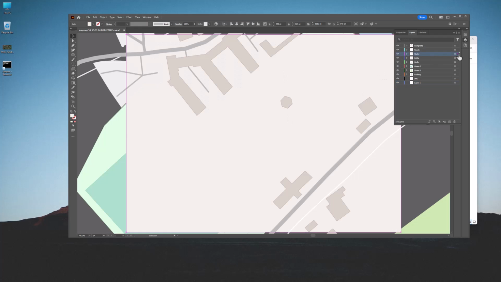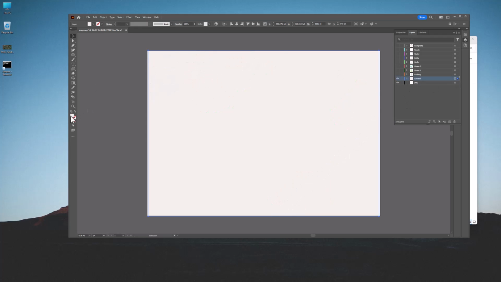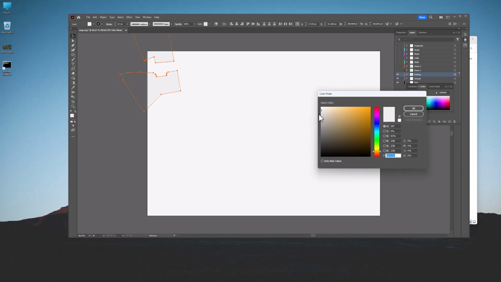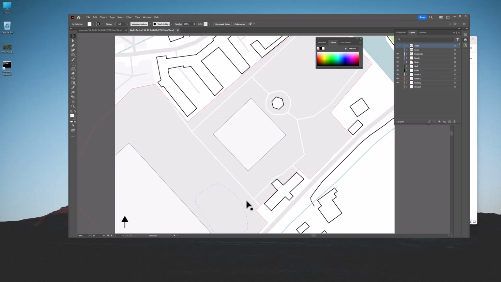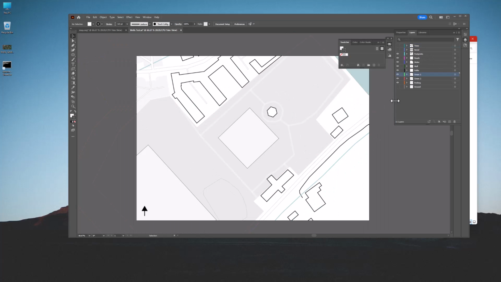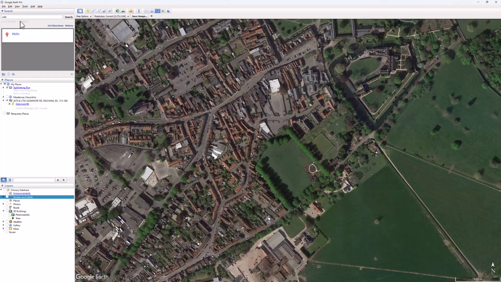And now I'm going to go through layer by layer and assign different styles. So I can create line work versions, I can give them fills. I just want something that's a little more neutral than the existing OpenStreetMap mapping data. So I'm going to select a bunch of line weights and shades that work for me to give a sort of neutral background. And I've just zipped forward through this part, but here is my finished map, and I will give you the Illustrator file in the download of this YouTube video description so that you can copy the same